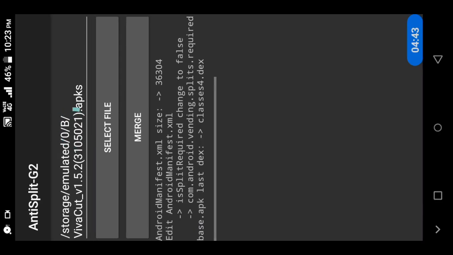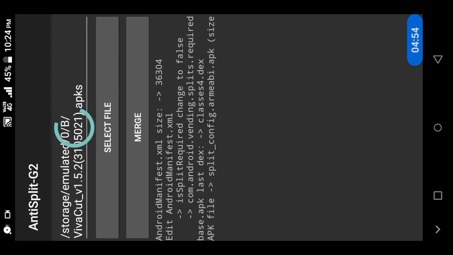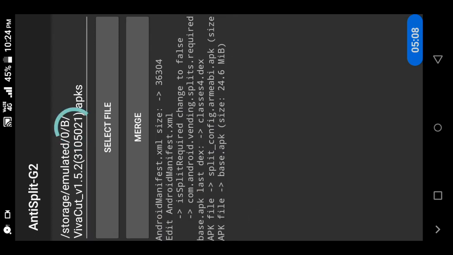This problem occurred in my previous tutorial, my fonts video, fonts for Instagram APK. I modded it, but I didn't tell about this. It is also a bundle APK. You should convert it to a standalone APK and then modify it. I forgot to tell that in that video, so I am telling it now here. Many people got confused, saying that they backed up and modified it, but it is not installing. That was the problem.